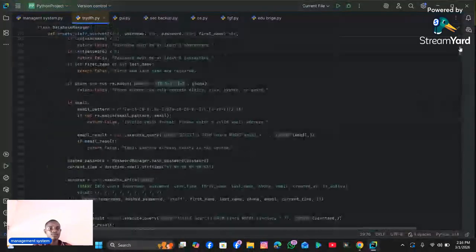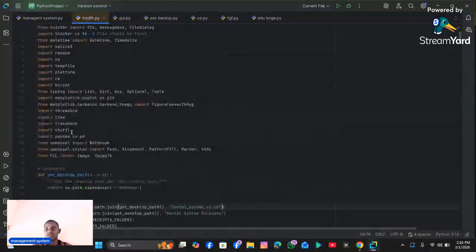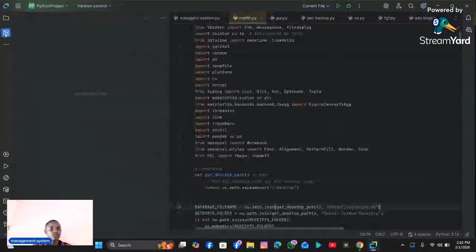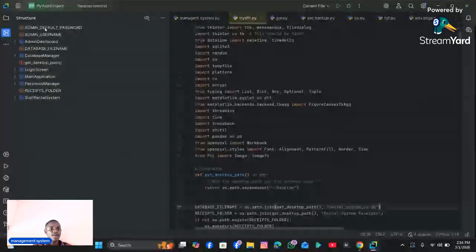You can see I wrote a lot of code here. Each of the code has a function. Now let's look at the structure of the code. You have the admin default password, the admin username, admin dashboard, database file name, you have the database manager, get desktop path, login screen, admin application, password manager, start